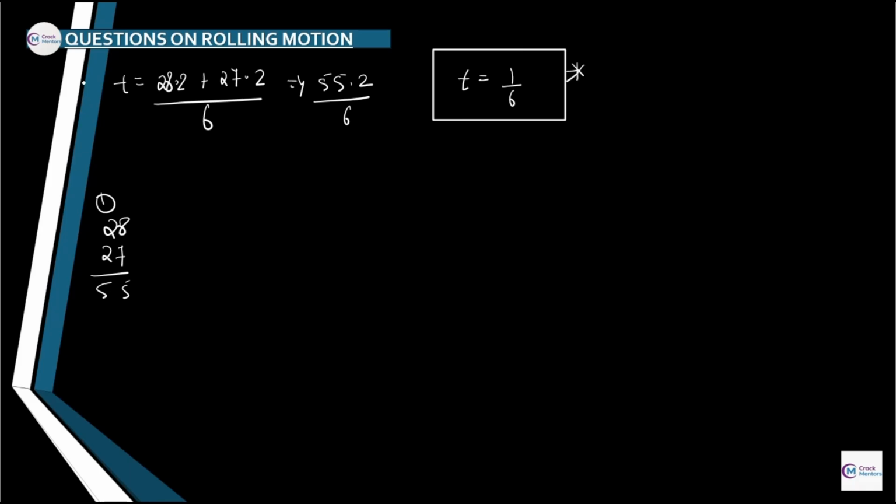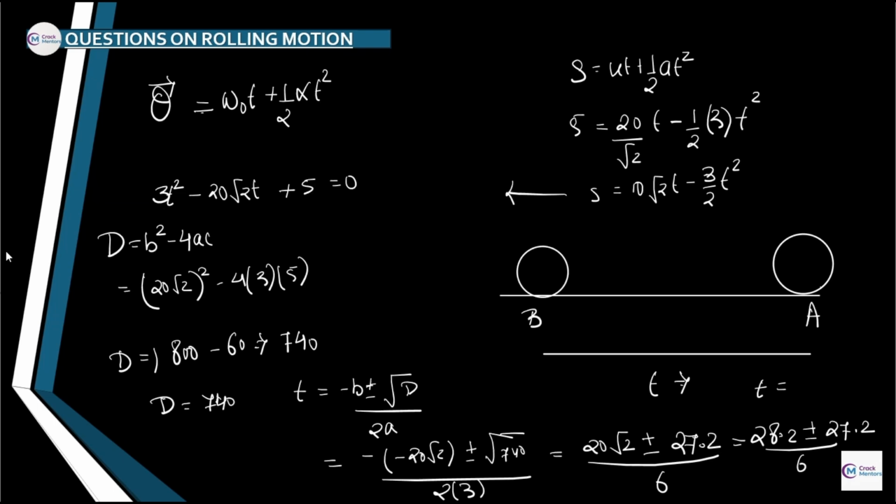I'm going to solve it with 1 upon 6. You are going to solve it with this. I want the answer by this as well. I'm going to solve it by taking 1 by 6. I'm hoping that you are getting my point. The calculation is for you, not for me.